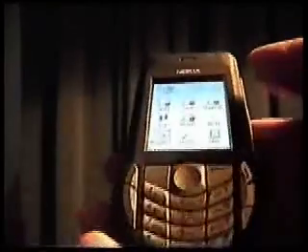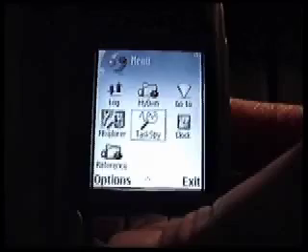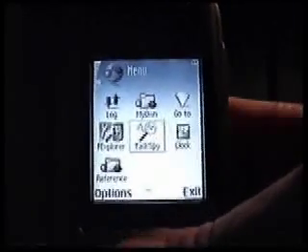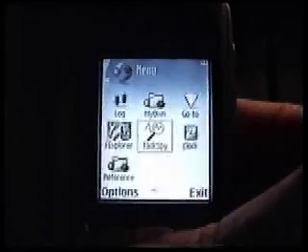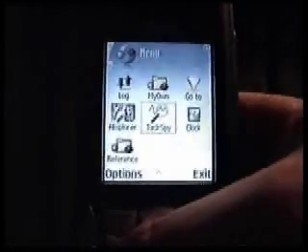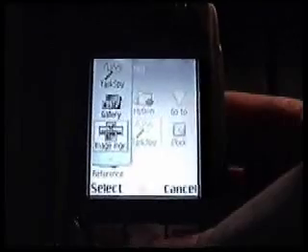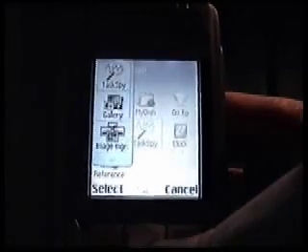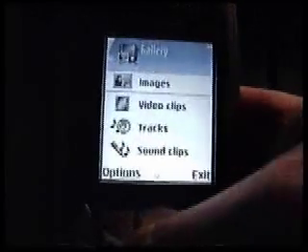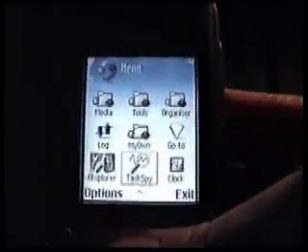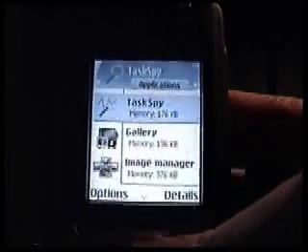Let's start with the 6630. It's a fairly typical Series 60 smartphone. It's been out about a year and a half, runs Series 60 version 2 Feature Pack 2, which is a long-winded way of saying that it's pretty typical of most Nokia smartphones out there. The standard way of switching between running programs is just to press and hold the menu key, as I'm sure you know by now, and you can just scroll through a list of running programs and switch to the one you want. I'm going to use a third-party freeware utility called TaskSpy though, which will give me a bit more